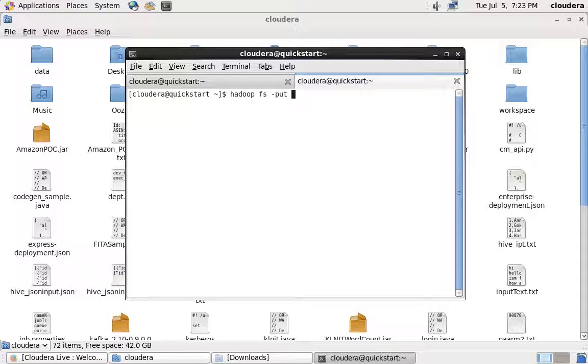My file name is hive_ipt.txt, and this file is in the current path itself, the present working directory, so I need not mention its absolute path. I'm going to place this file in the Sri folder in HDFS.